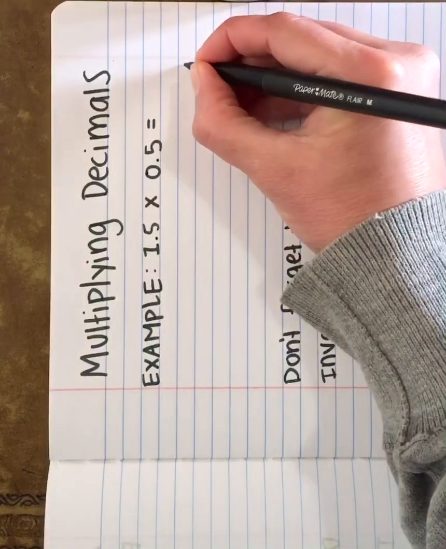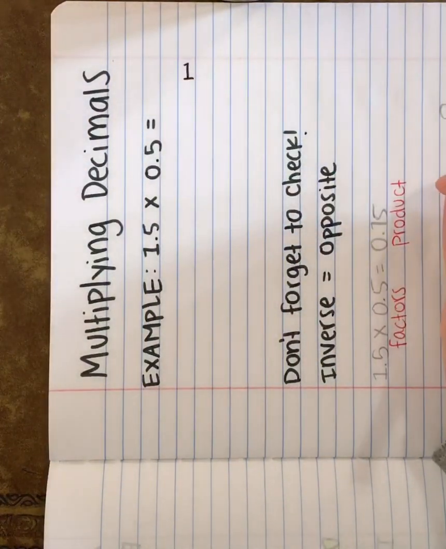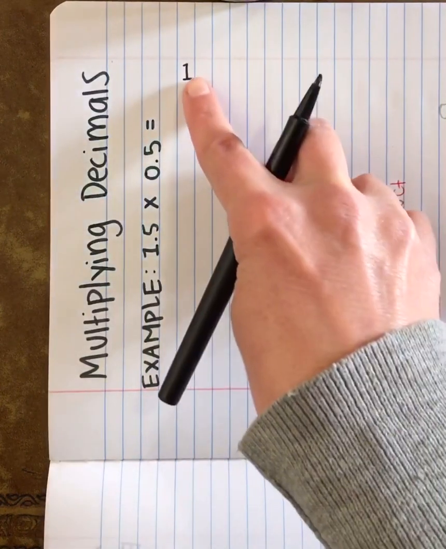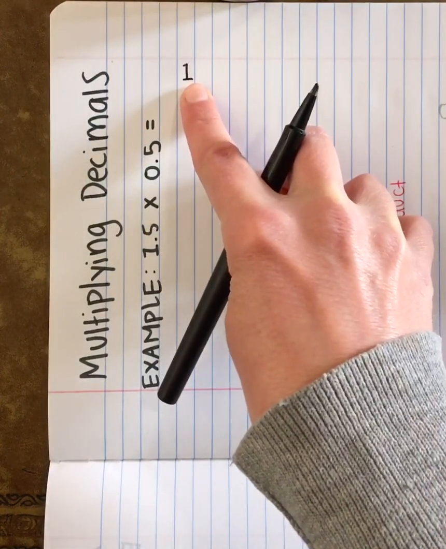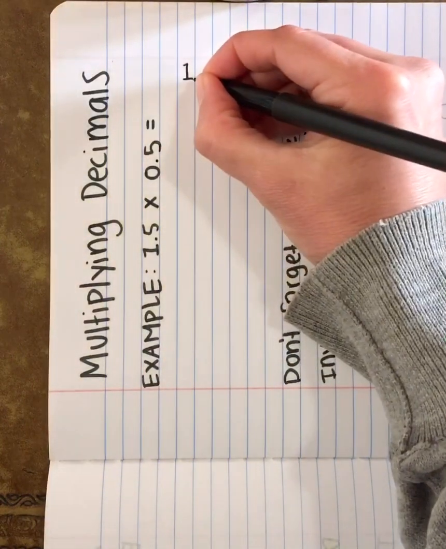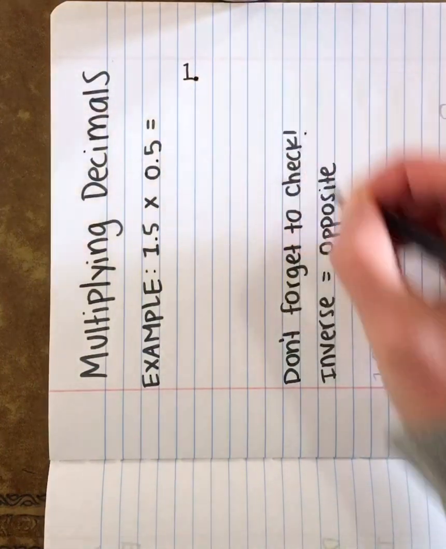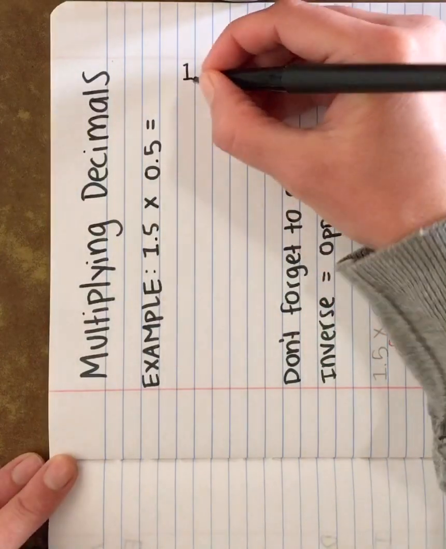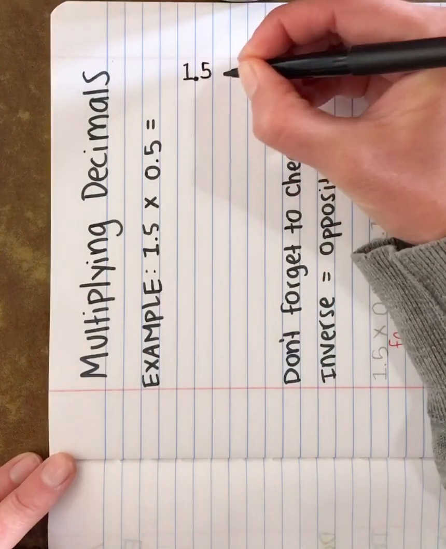So let's write it out. We don't need to give the decimal point its very own column with this because we don't actually need to keep the decimal point lined up. So I'm actually going to write the decimal point on one of the lines in my page. So let's write it out. 1 and 5/10